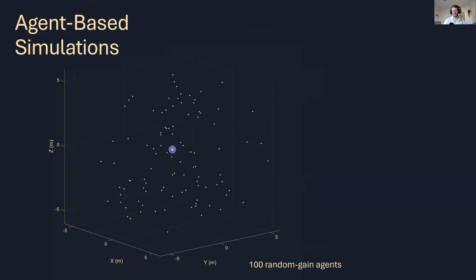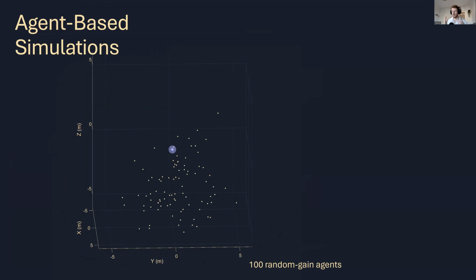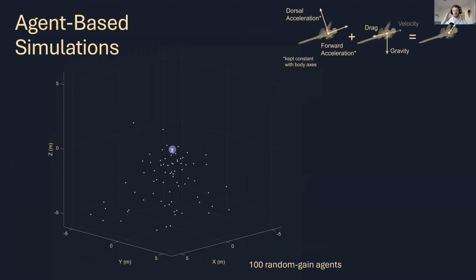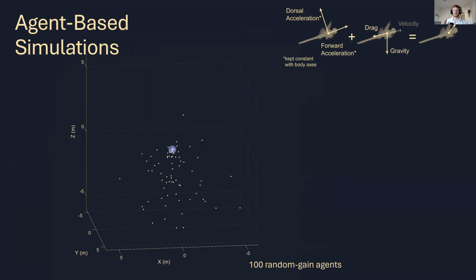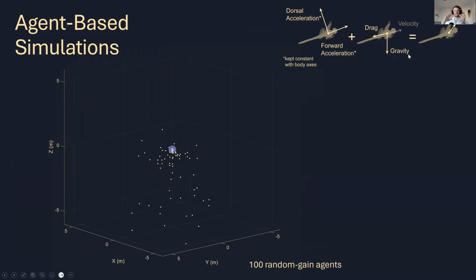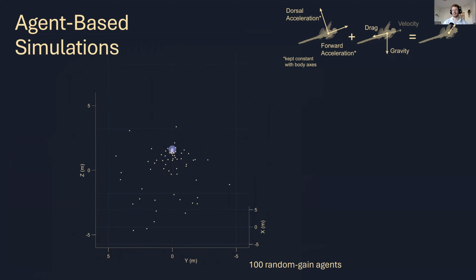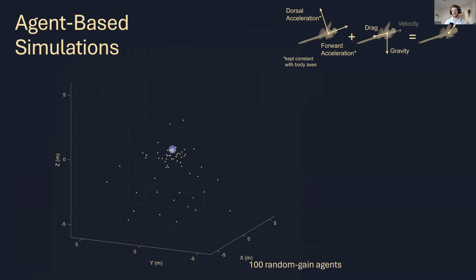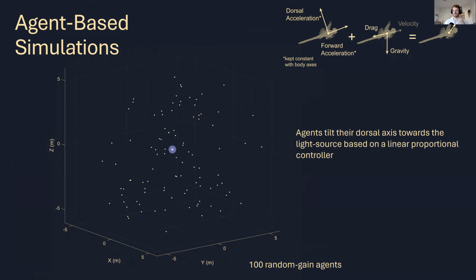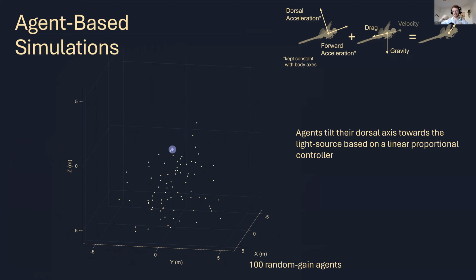And then finally, we could use this to build simulations, based on a certain amount of force going forwards, a certain amount of force going up out of their body, and them tilting their body towards the light. You don't really need to read through exactly what's going on there, just that they're tilting their backs towards the light, and we've given them pretty regular flight forces for what an insect should have. And what we get, at least qualitatively, looks a lot like the behavior we see in insects around light. This tilting can explain most of the behavior that we see when these insects are near light.